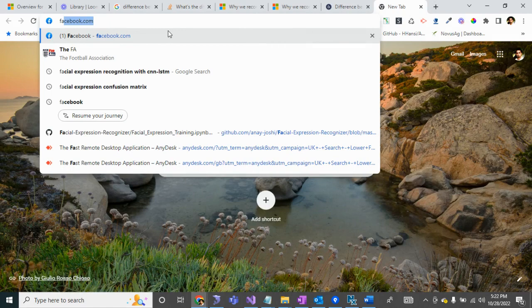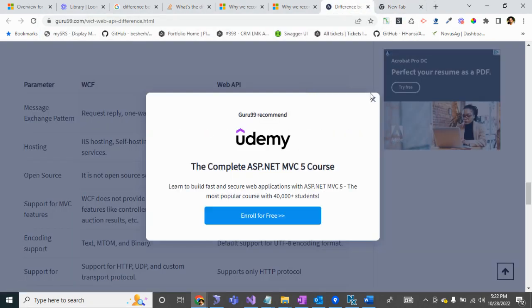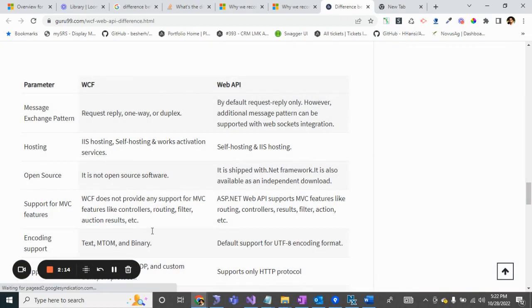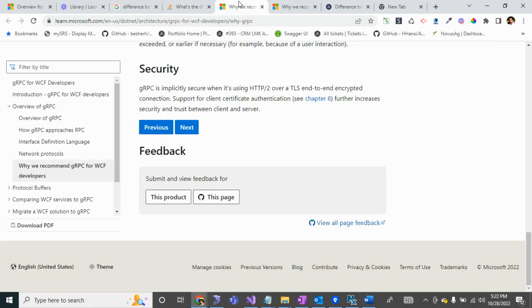So this is kind of the HTTP protocol in simple wording. Or you can simply go here. I have found one Guru99 page. It differentiates between WCF and web API request-reply. These are just to grab your knowledge about the stuff, and